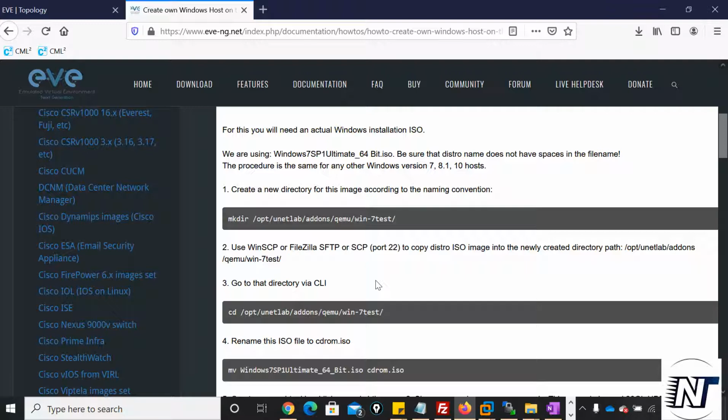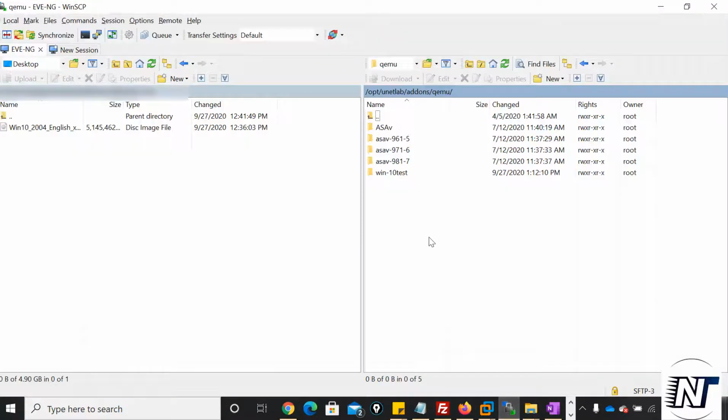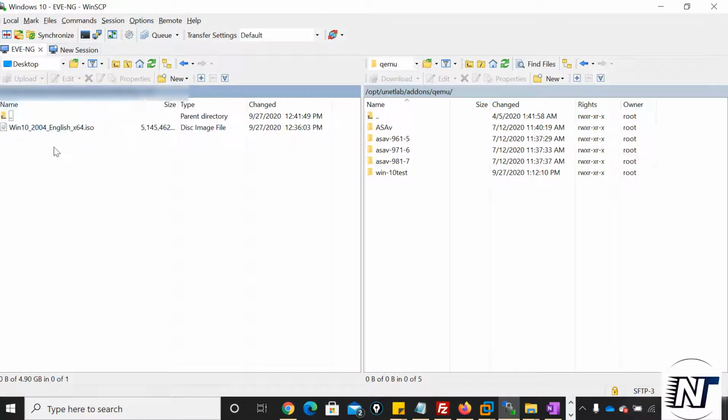If you missed how to download the WinSCP software, you can check either in the description box or in the I button. The video link will be available there. Next we'll go to WinSCP. Here it is, I already logged in. This is the Windows 10.iso image, this is the path, and this is the folder I created just now.